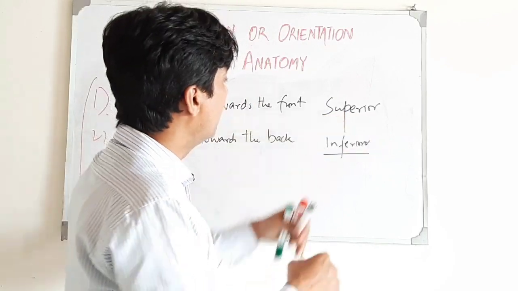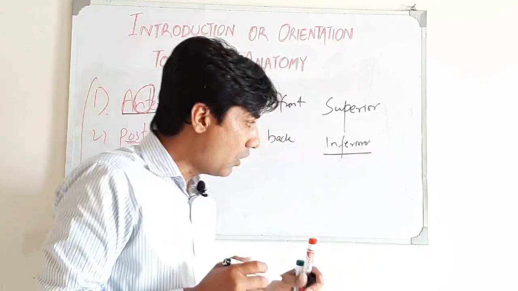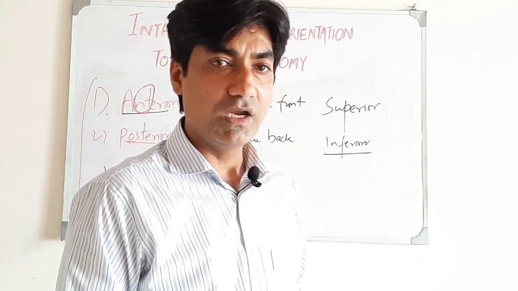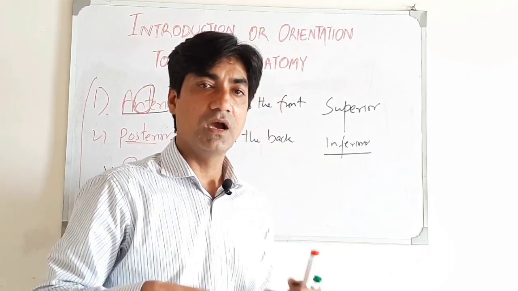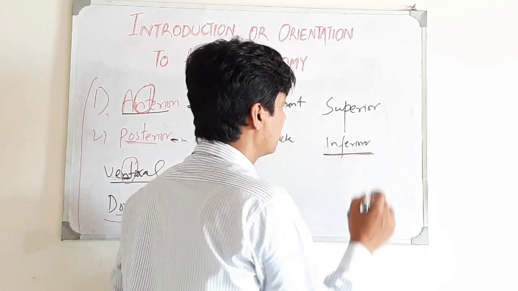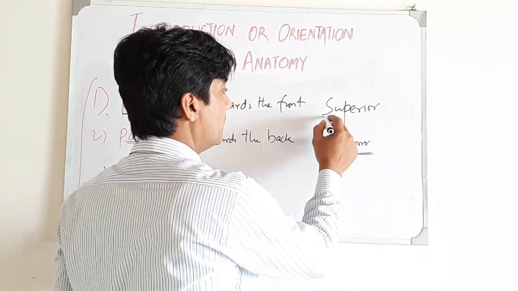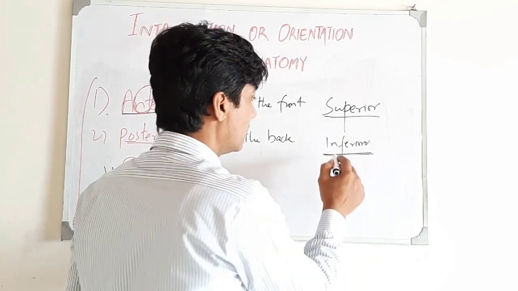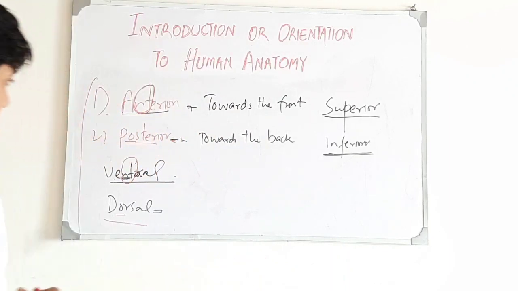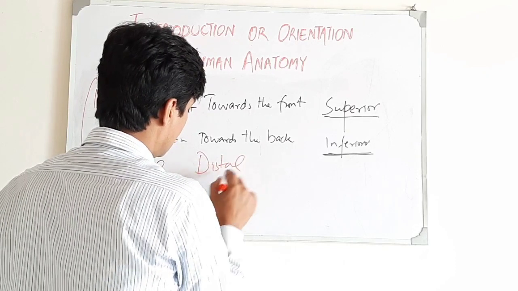And when we see the definition of the term inferior, how can we describe it? The lower limb is inferior to the chest cavity or abdominopelvic cavity. So these two terms can be applied: superior for the upper portion and inferior for the lower structure. The remaining terms are distal and proximal.